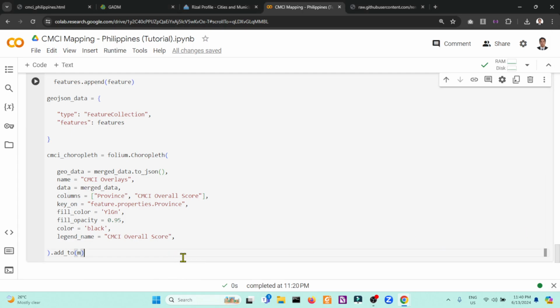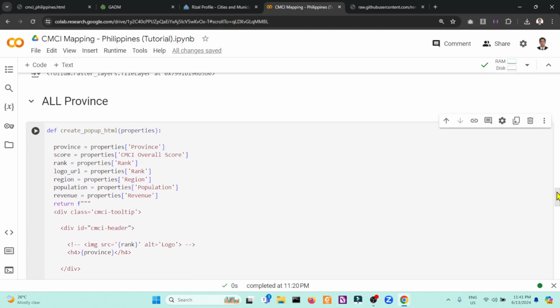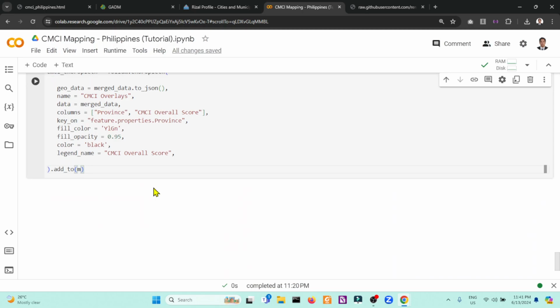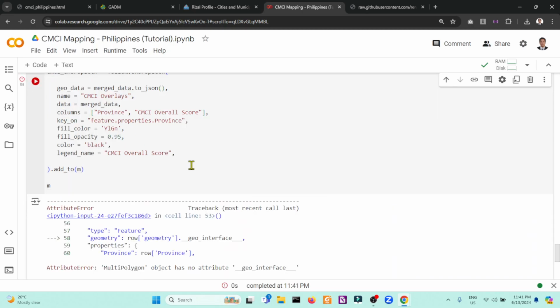So the next one, we will define a pop-up. If you want to see the result, hopefully we have no error. If I try to run this, we have an error here. Province, GeoJSON interface, I think we have an error on the part of the GeoJSON interface.